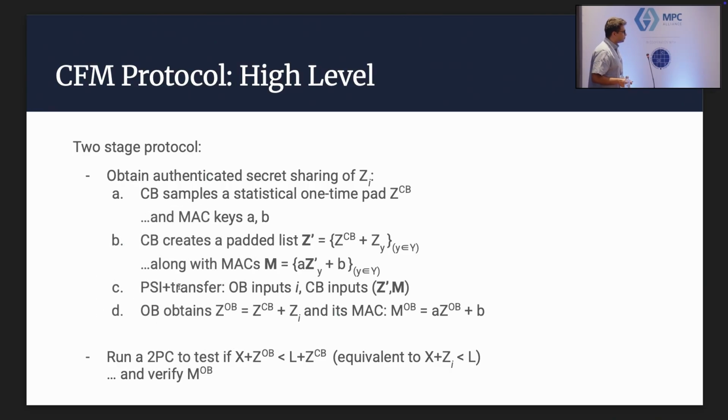So think about PSI plus transfer as being a private set intersection where, in addition to just checking a match, you can also transfer some data that's associated with the matched element. This is quite straightforward if you think about how PSI protocols usually work, because usually these protocols follow some structure where there's an OPRF, there is a list of PRF values that's computed on one side, and then the other party evaluates the same PRF obliviously. So you can use that common PRF value as an encryption key, basically. It's a simple modification of the PSI functionality.